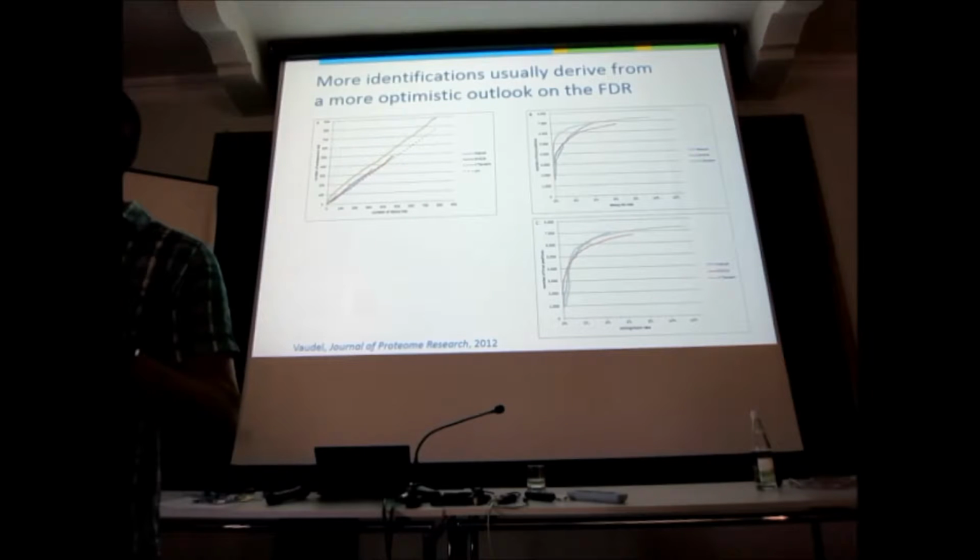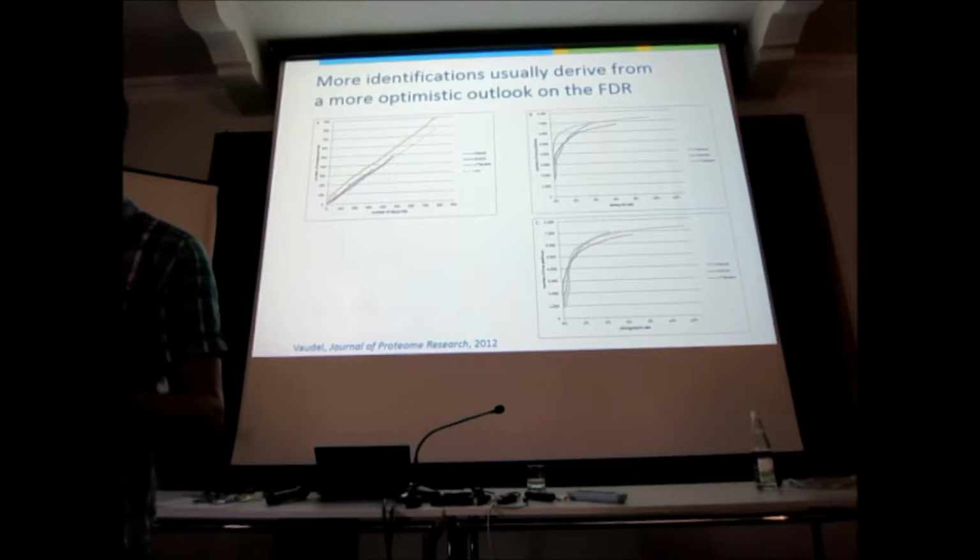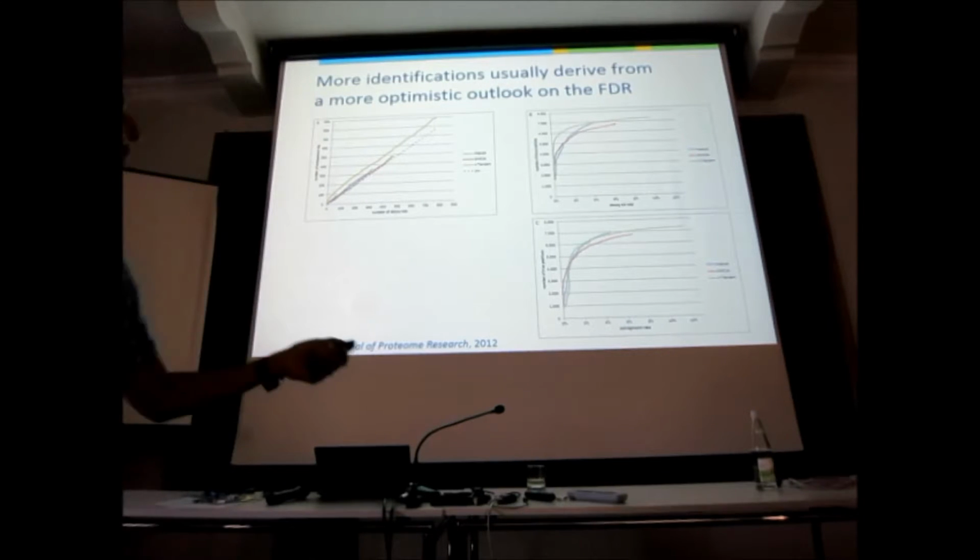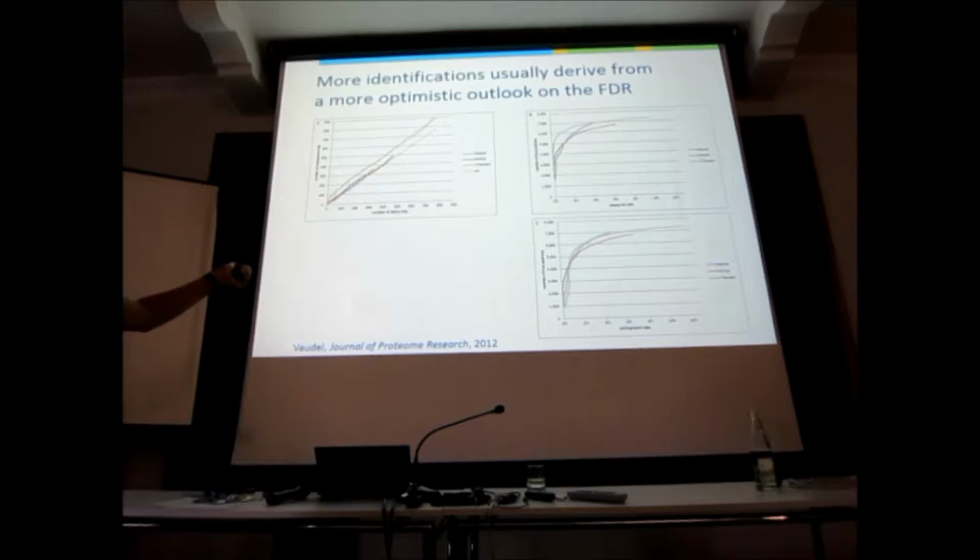Tandem is underestimating the FDR. It's telling us, based on target decoy, that you have 200 crap hits, but in fact, when we try it on something else, we get 300 crap hits. That's a 50% increase, right? Now, this translates, if you look at the decoy hits that you get from Tandem, into more good hits.